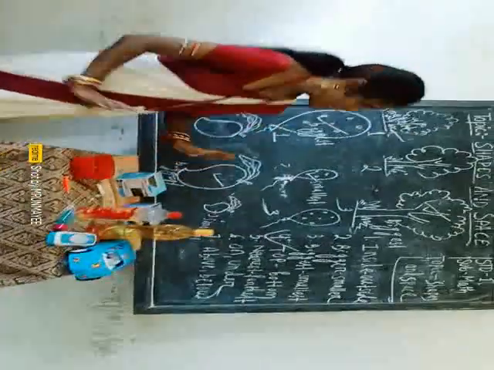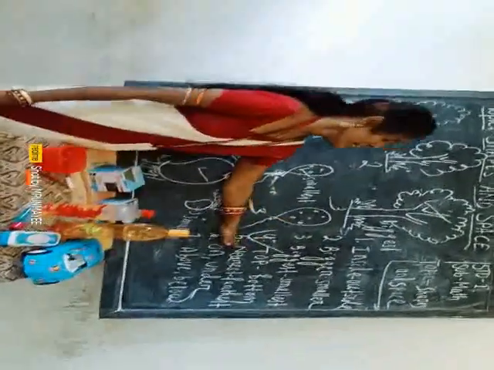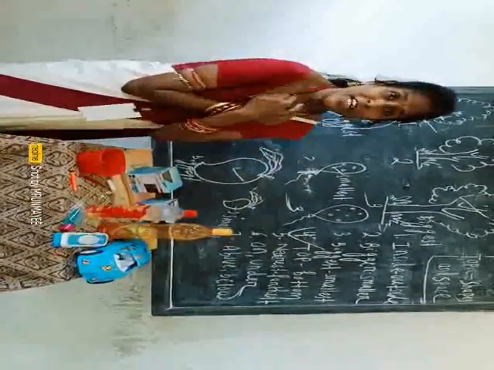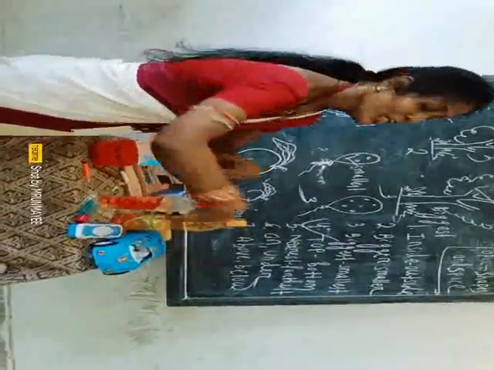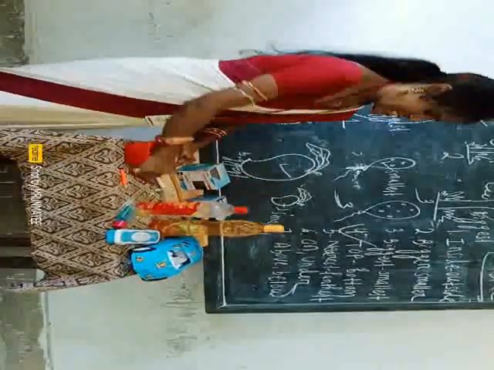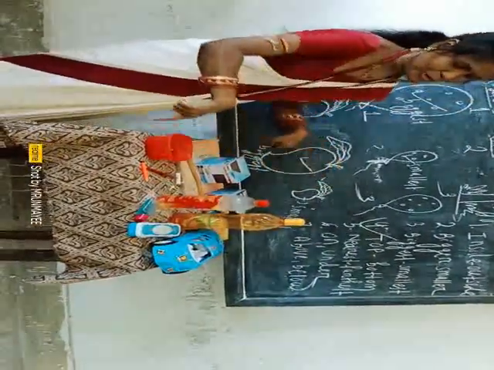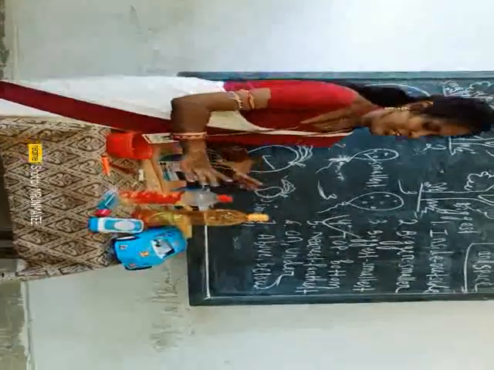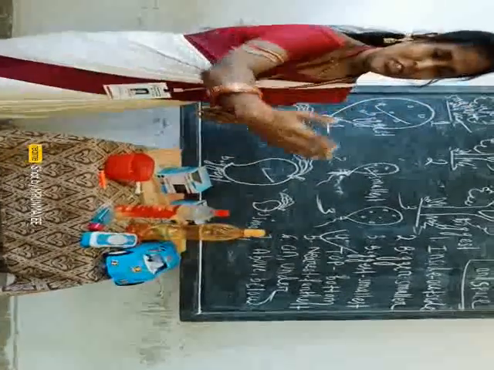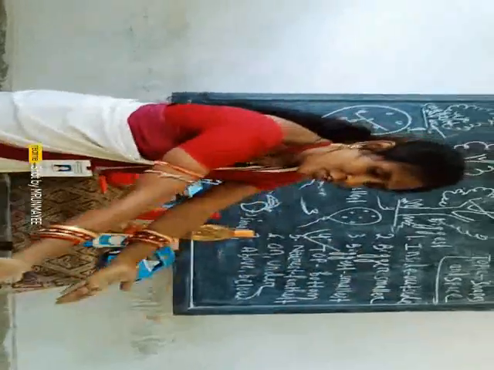Okay. So now next we will go to nearest and farthest. Nearest means which one is very near to me and very close to me. Farthest means which one is very far away from me. So now you see all the objects on the table. Those are very near to me. Why? These all are very close to me. Now you just look at that chair. How many bags and one tiffin cap. All of those are far from me. So that's why this is known as your farthest.